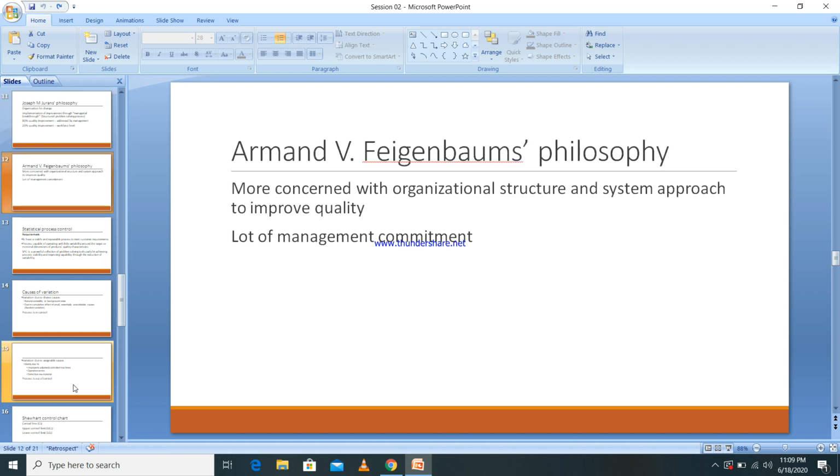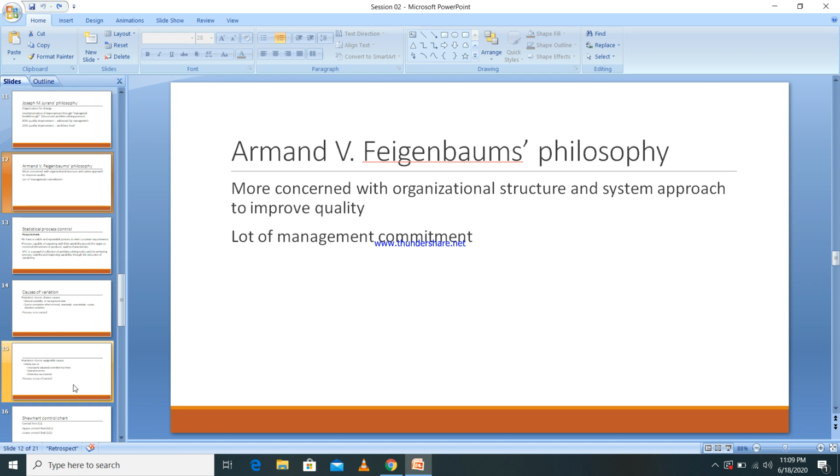And then there are so many other philosophies as well. If you take the Almond Philosophy, it's more concerned with organizational structure and a system approach to improve the quality, with a lot of management commitment. That is, when you're moving from Juran's philosophy to Almond's one,